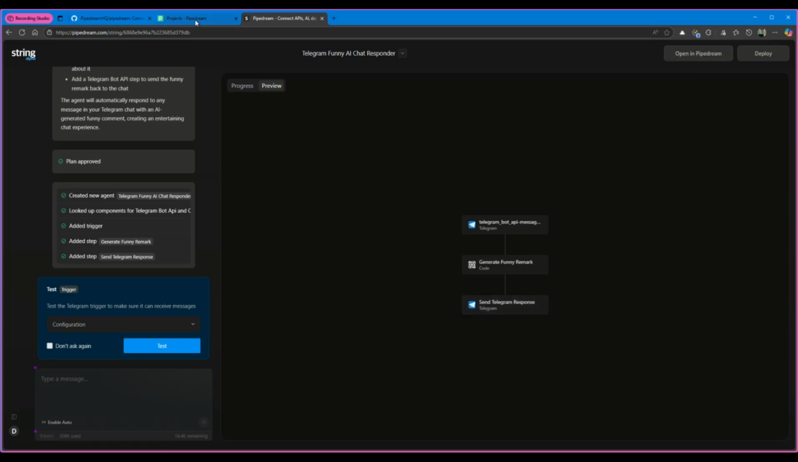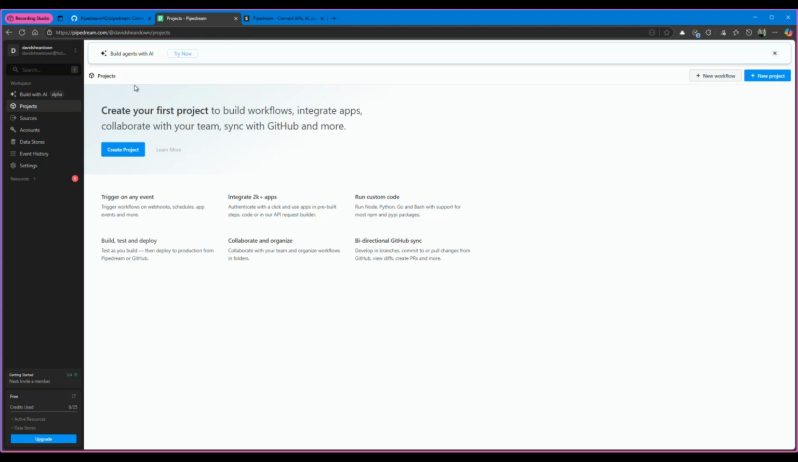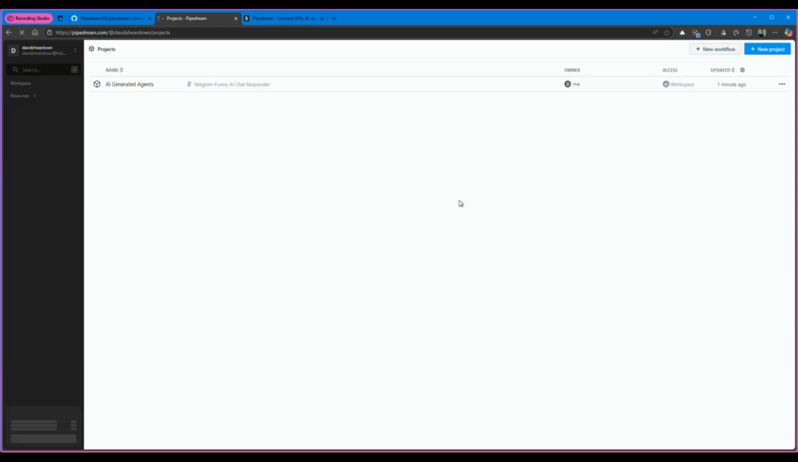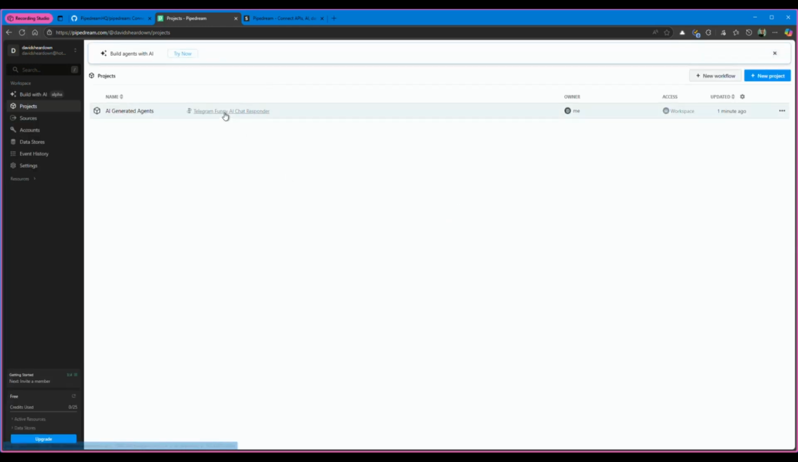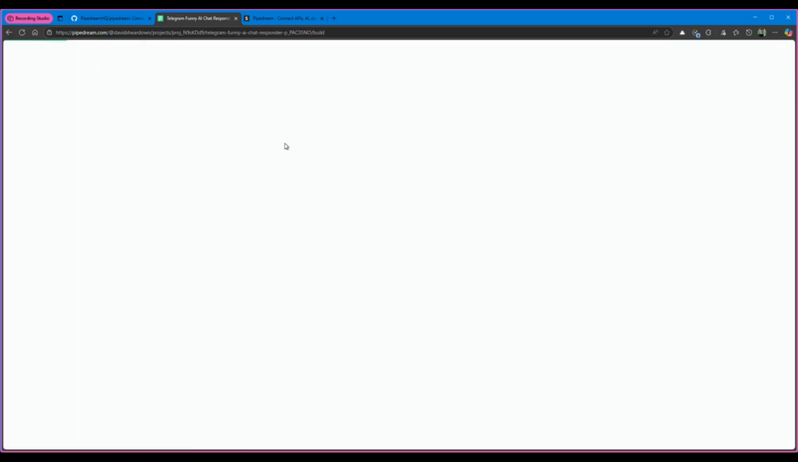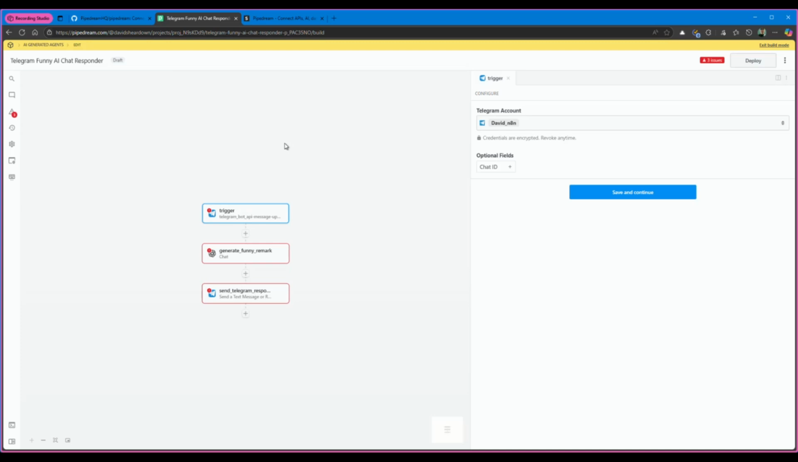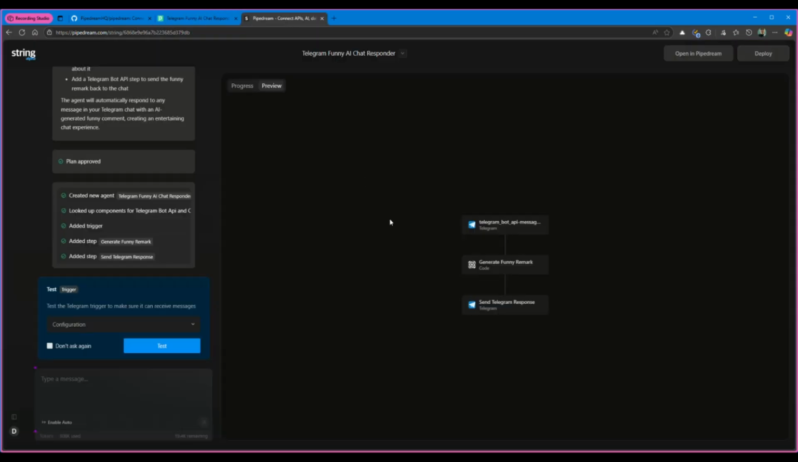So if I actually go to Pipedream and look at my projects here, if I just refresh this, what you'll probably notice is there's my actual project. So if I just click that to open it, I can open this at the same time. And this is the normal Pipedream environment that you would normally have used. Okay, which obviously looks a little bit different to what we did there because we did everything in